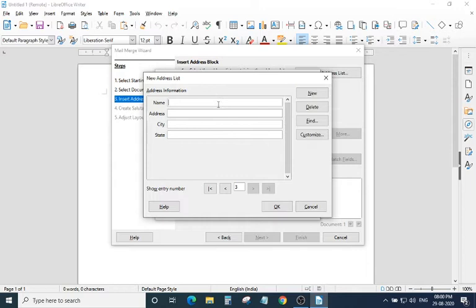Then new. Then Barsa, address Latripada, city Sundargarh, state Odisha. Then click on new.